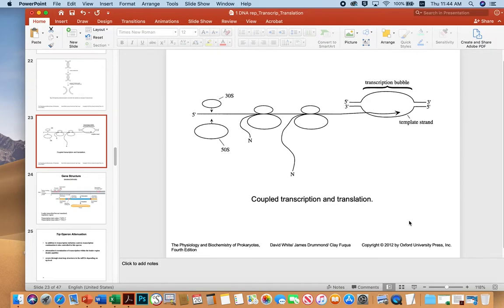is that bacteria can couple transcription and translation. In this particular diagram, you see a double-stranded DNA transcription bubble, and this is the messenger RNA here. As the transcript elongates, ribosomes can actually sit on particular ribosome binding sites and initiate translation of different proteins. Obviously, this is made possible in prokaryotes because they don't have the separation that eukaryotes do between the nucleus and